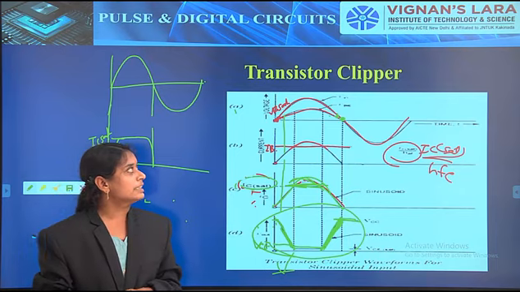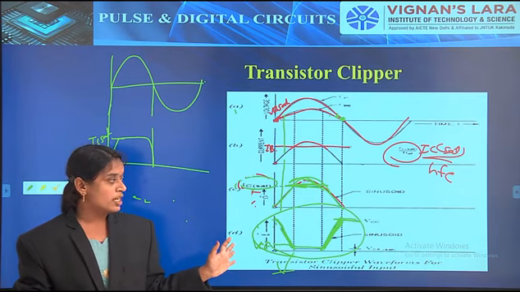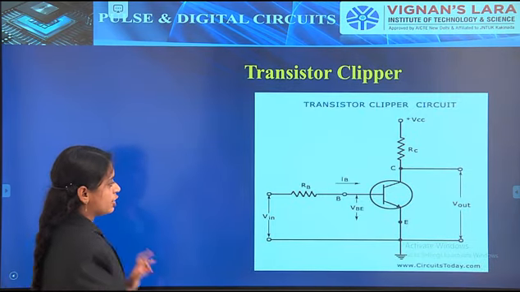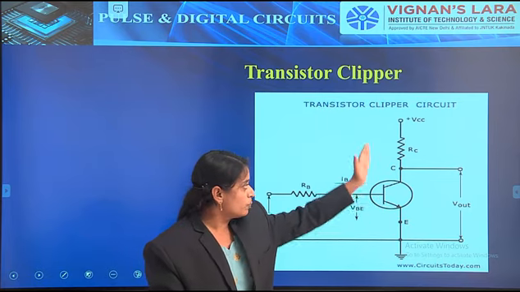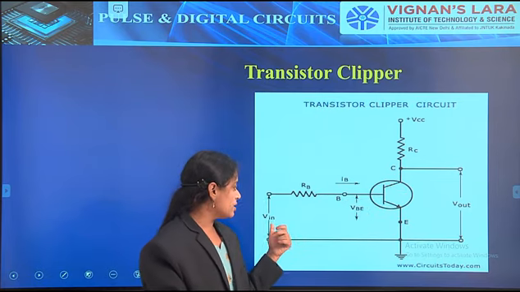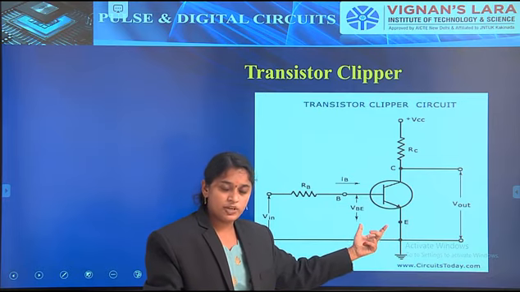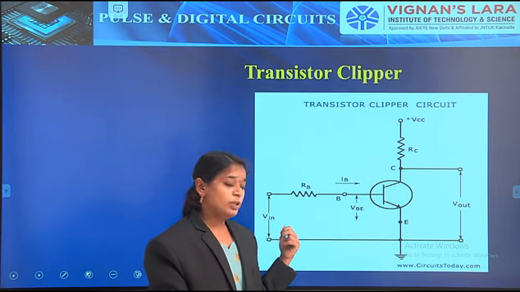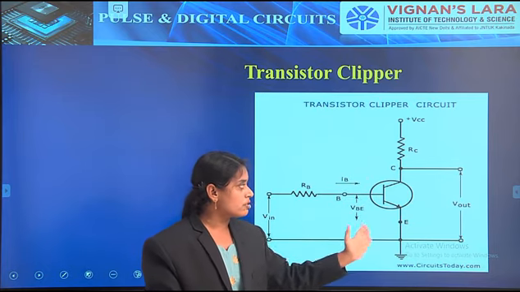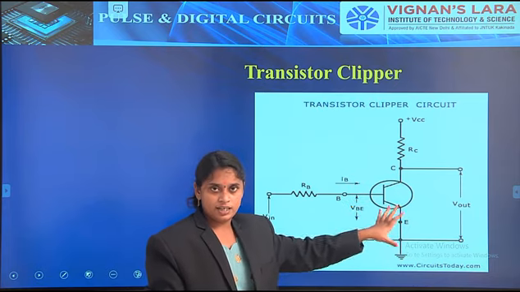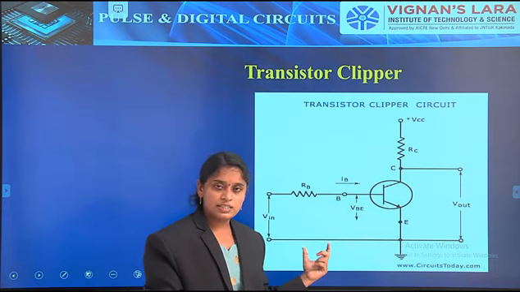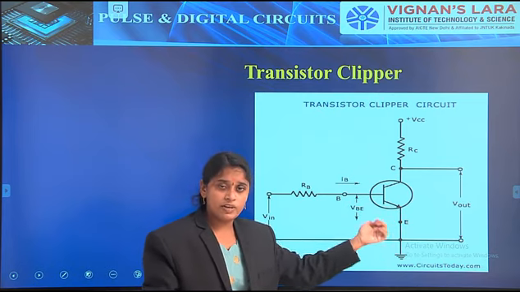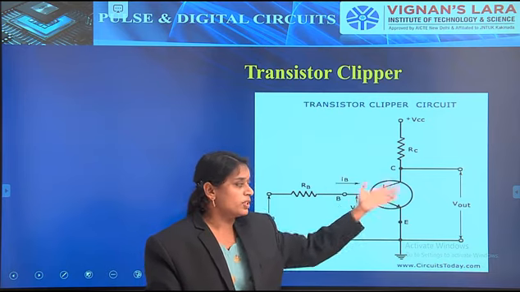So this is about the transistor clipper. A very important question: again I have to tell the condition. Here the input is applied to the base and the output is taken across the collector. When the input signal is below the VBE sat level, the transistor is off, so the output voltage will be VCC. When the input reaches the V gamma level, obviously the transistor will be on, and the output will be VCE sat. That is, when the transistor is in the saturation region, the output will be VCE sat.